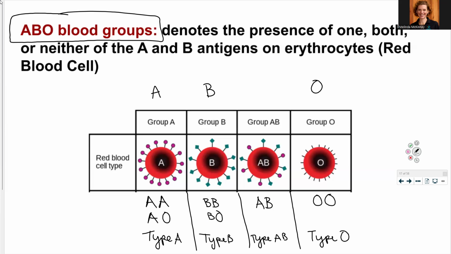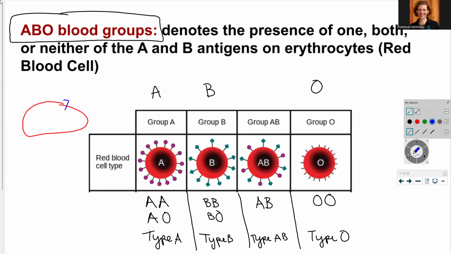What are these pictures on here? It turns out that your red blood cells have proteins sticking out of them. We talked about that a lot. So you've got a red blood cell, here's the plasma membrane, and out of the plasma membrane there are proteins, identity markers. There are these proteins that stick out and they have markers on them that identify them as a